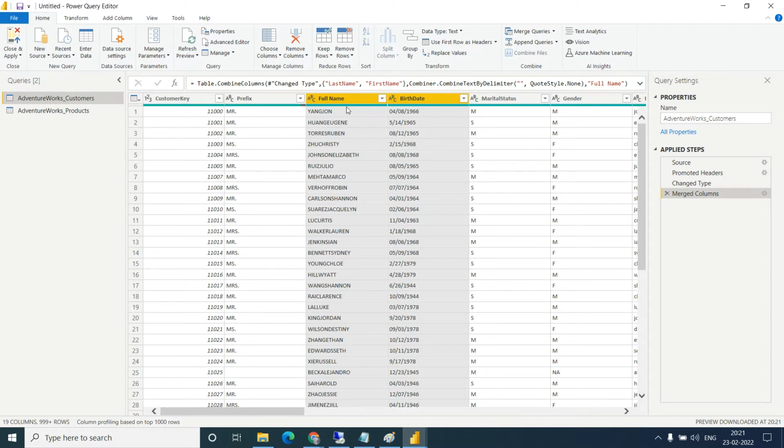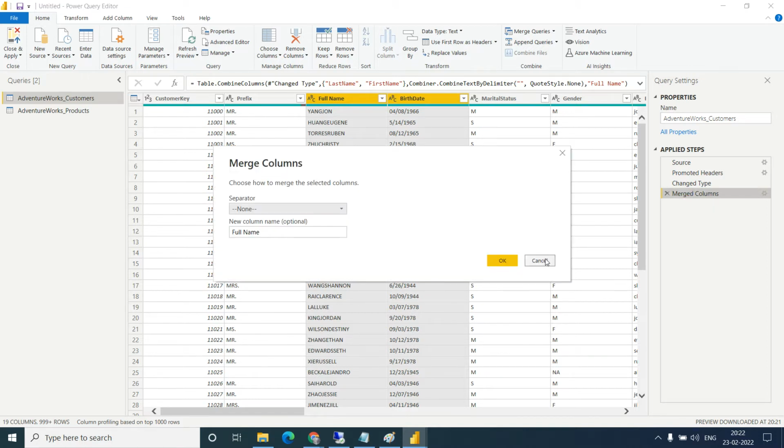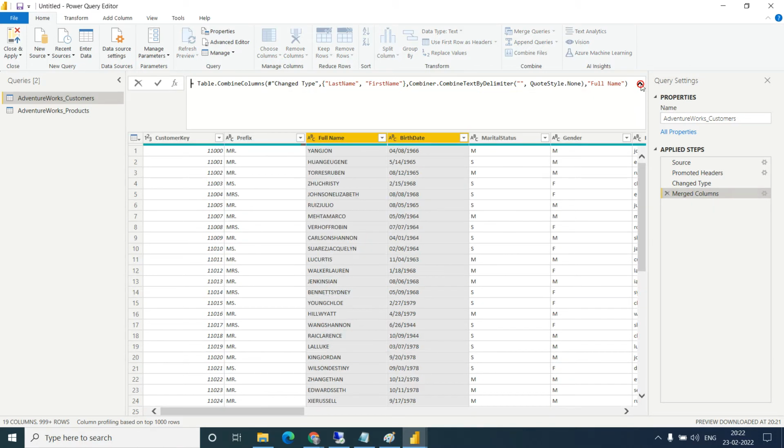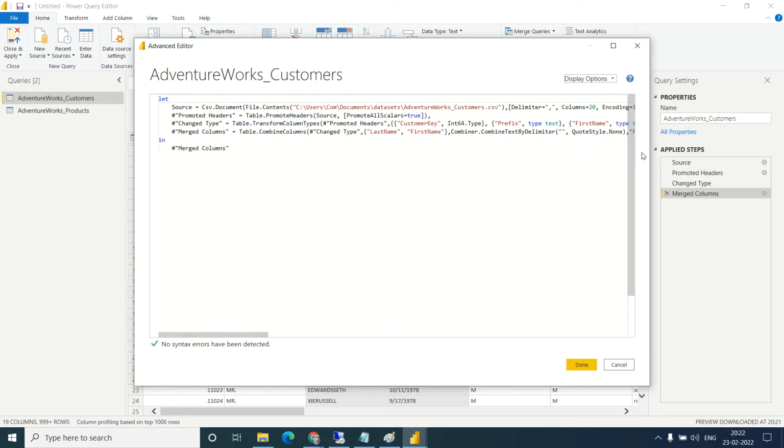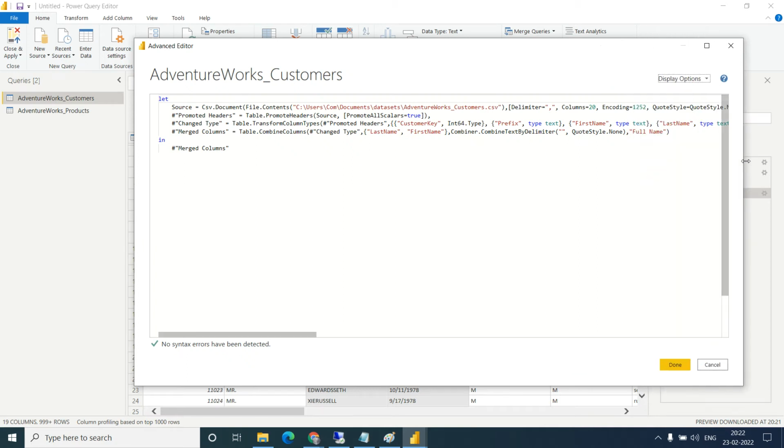You don't need to write any code. Whenever you do this manually, just drag and drop, behind that an M code is generated automatically. Do you want to see how the M code looks? So let's see. Let me show you first. You can see there is an M code that has been generated. Either you go here or here. See, this is the M code generated.